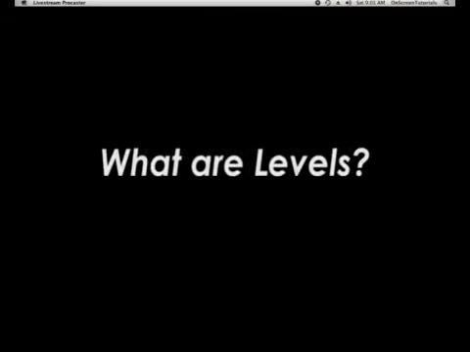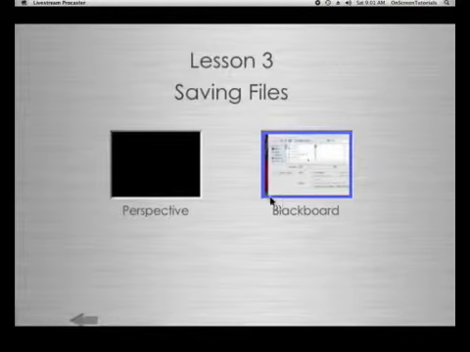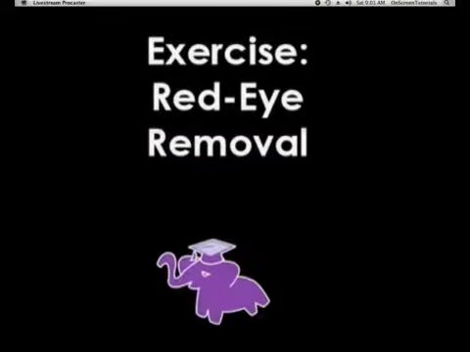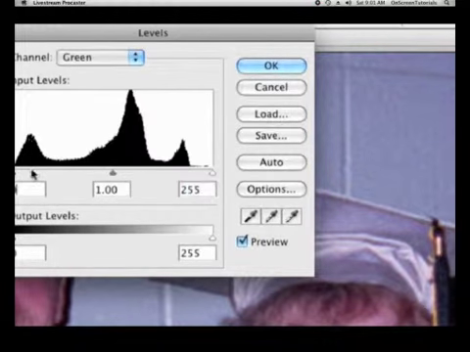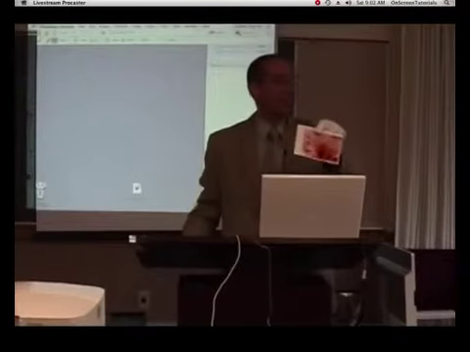What are levels? My name is Eric Basir, and I have produced this unique photo restoration and retouching foundations video course to answer all these questions and more. In my classes and workshops, I have taught hundreds how